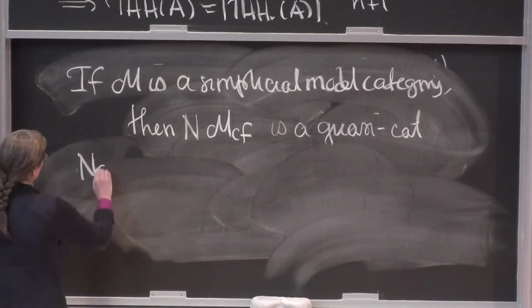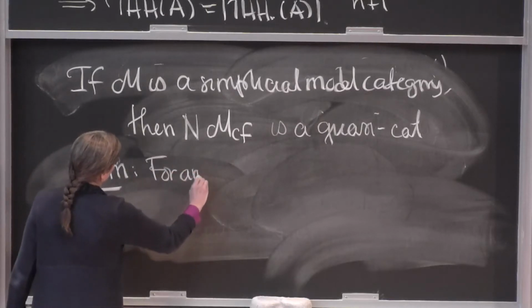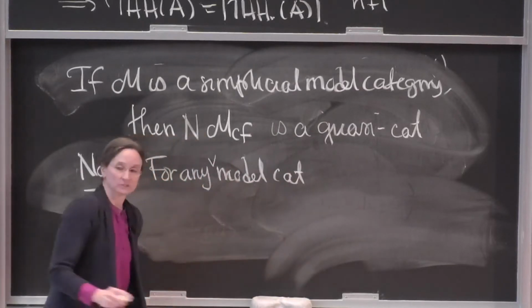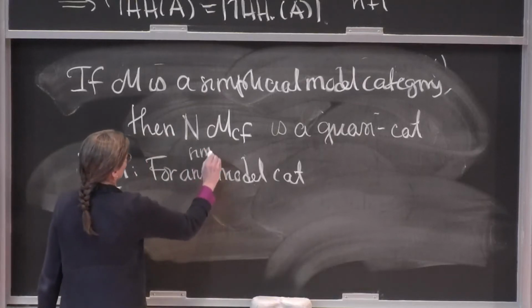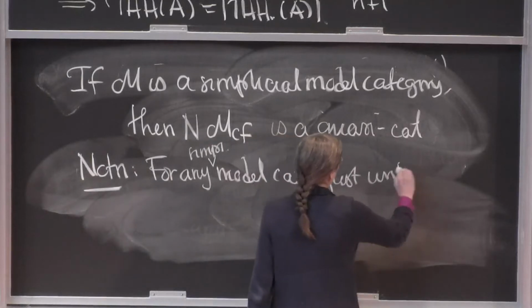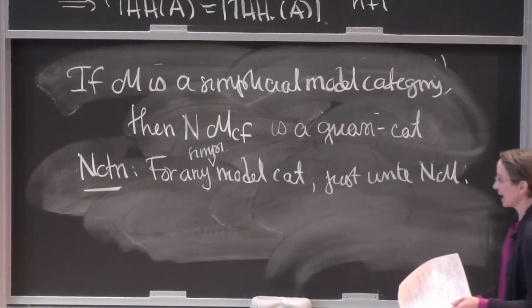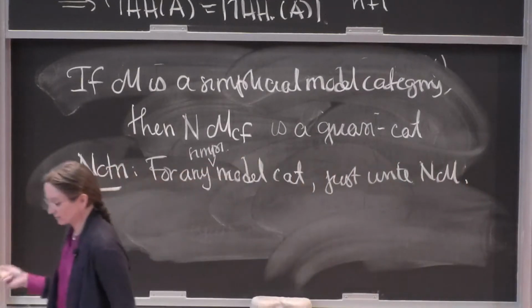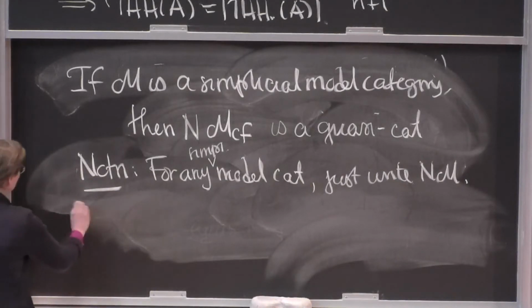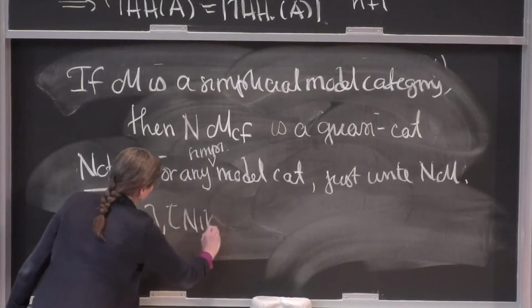So the notation I'm going to use, just for simplification, is, and all of the model categories we were considering before are actually simplicial. So for every simplicial model category I'm just going to write N of M for this category. Okay? And one thing, a special case of which was shown by Hinich and which was then generalized by Nikolaus and Scholze, is something that is extremely useful,